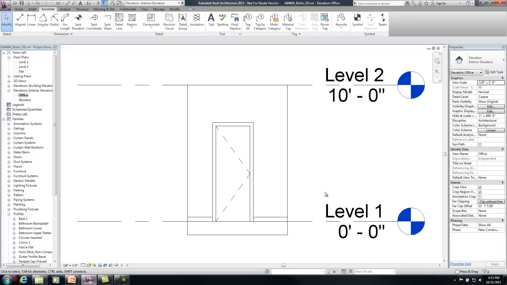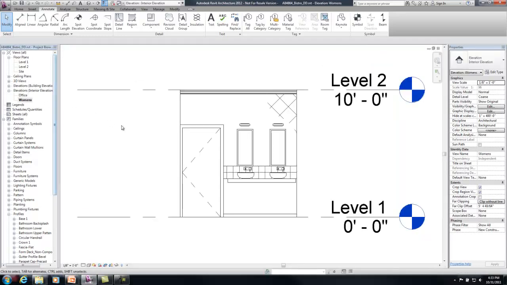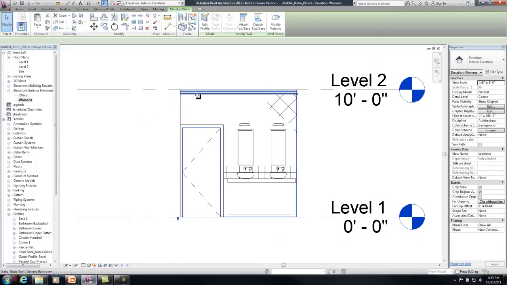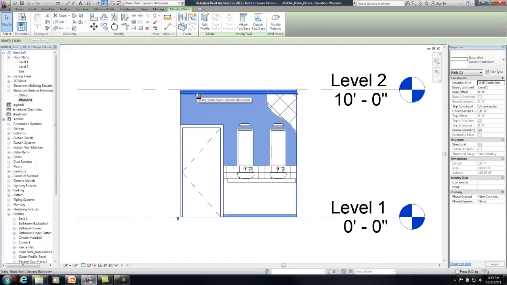in your interior elevations. When working in a space that will have a more complex design with multiple finishes, like our women's restroom here, 3D modeling will almost always be your best bet. For this bathroom, you can see that the crown molding is already part of the wall. Let's go ahead and add a basic base molding in here using one of the profiles that is already loaded